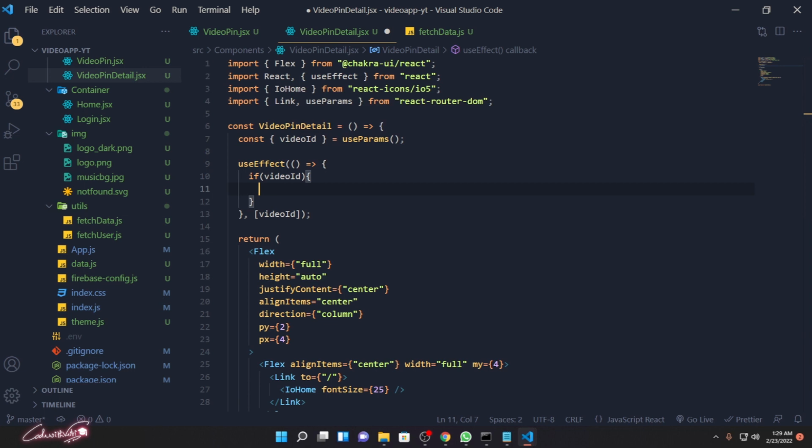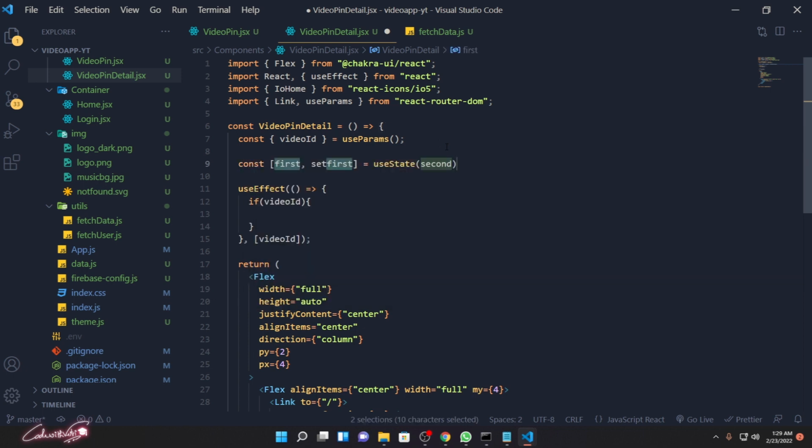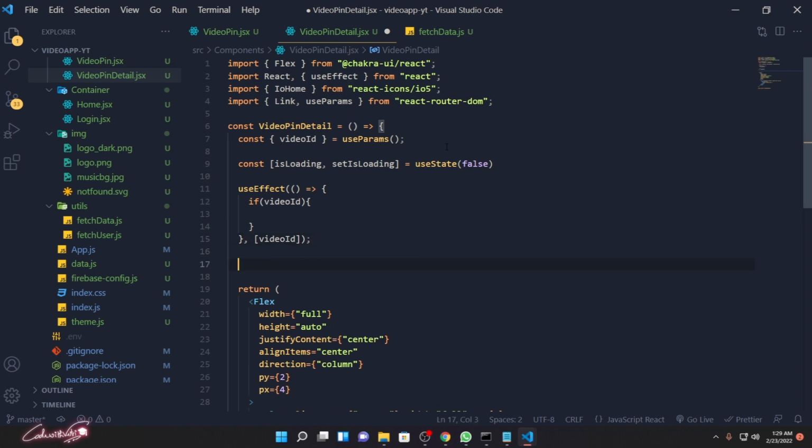So let's go back to our video detail, and let's create one more state. useState, isLoading, currently false. Okay, if it is loading, what we need to do, we need to return the spinner. If isLoading, then return